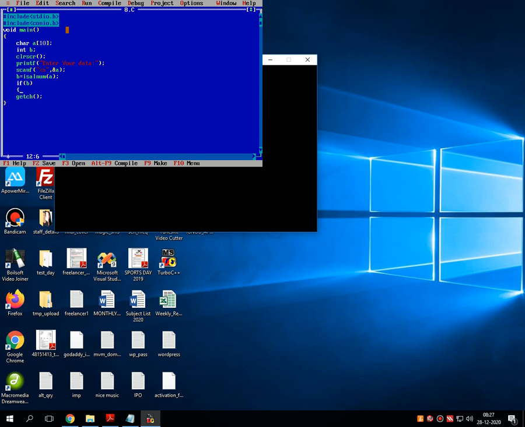Then I am giving our decision making statement: if b, then printf data is alphanumeric, else, in the brackets, data is not alphanumeric.